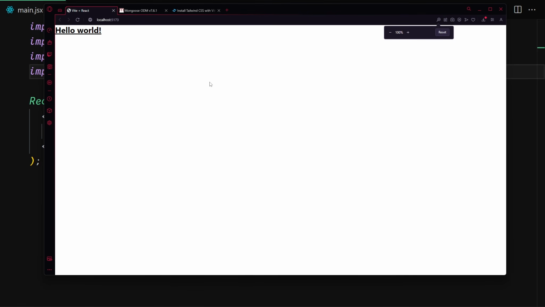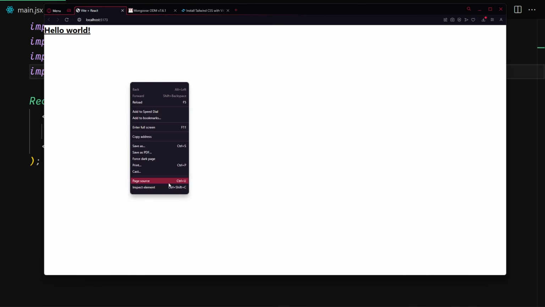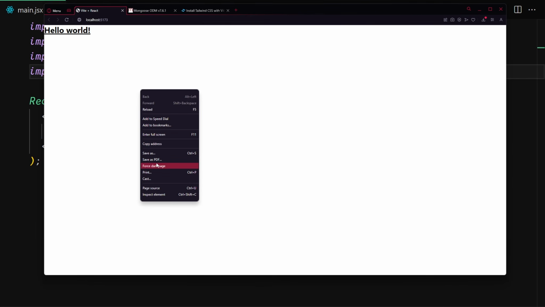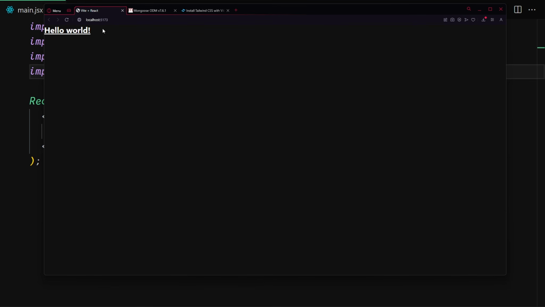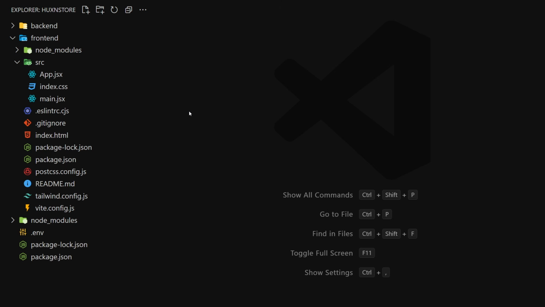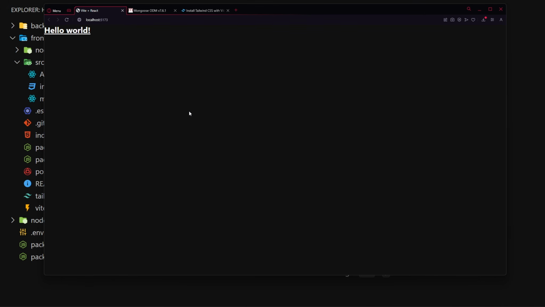So I'm going to go back, and I'm also going to hide this sidebar from here. There we go. And I'm going to force this page to dark, and that's looking amazing. Later we are going to also change this color, and I guess there isn't anything else left to install or to work with. So I'm going to stop this recording for now, and see you in the next video,